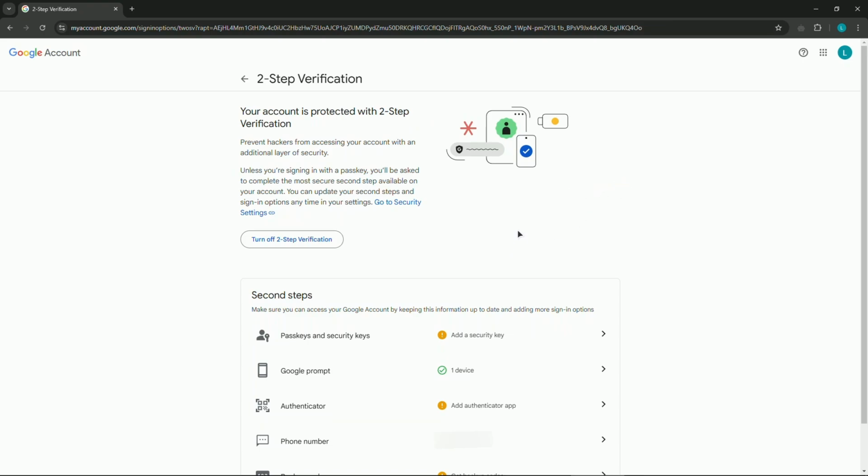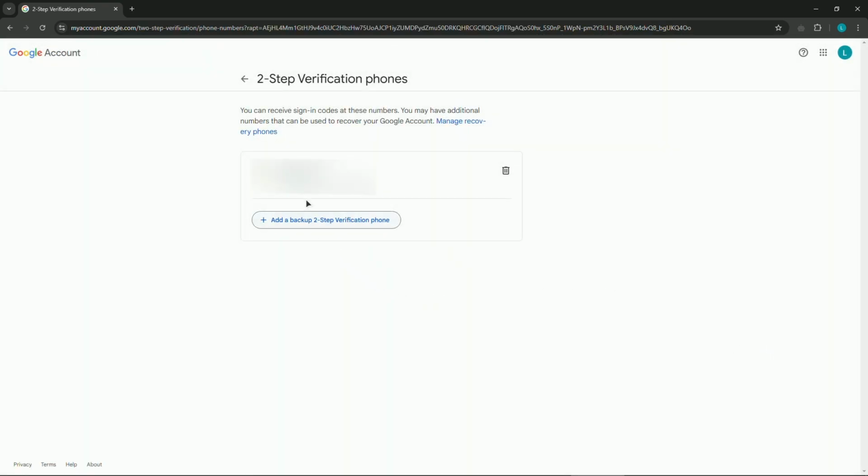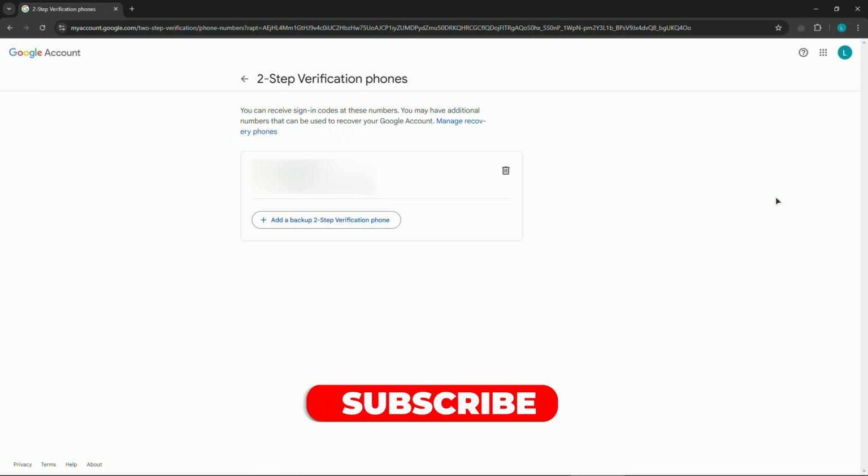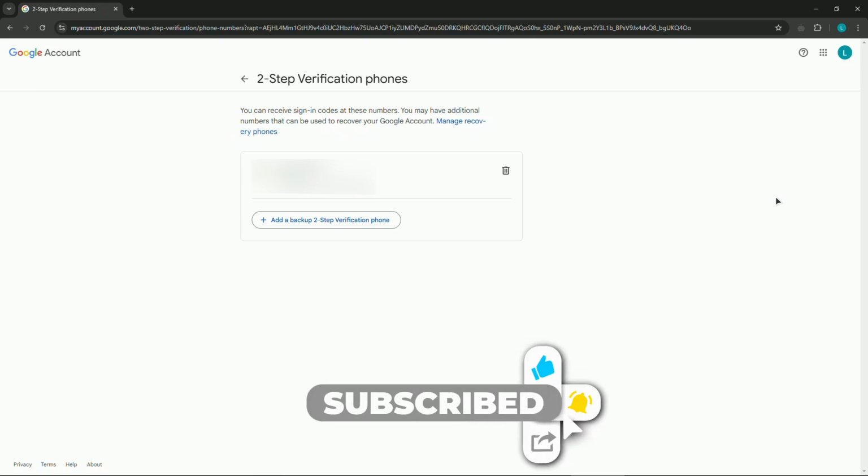So I will of course remove my phone number for the privacy purposes, but as you can see right here where we have a phone number, you have your phone number. So if you don't have one added, go here, and in here you can just add it. When you add your phone number for the first time, they will basically send you a confirmation code into your phone number. You insert it here into the website, you add your phone, and you can use this phone now for your security, two-step verification, and all of those